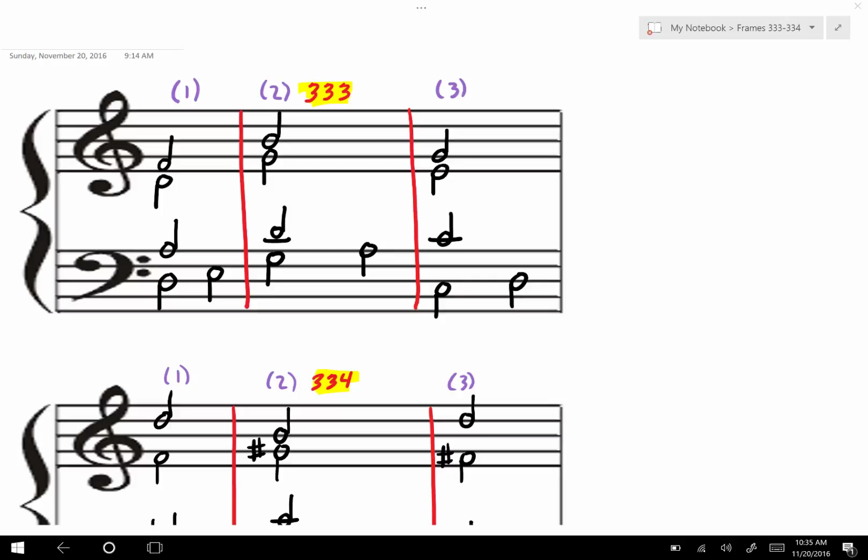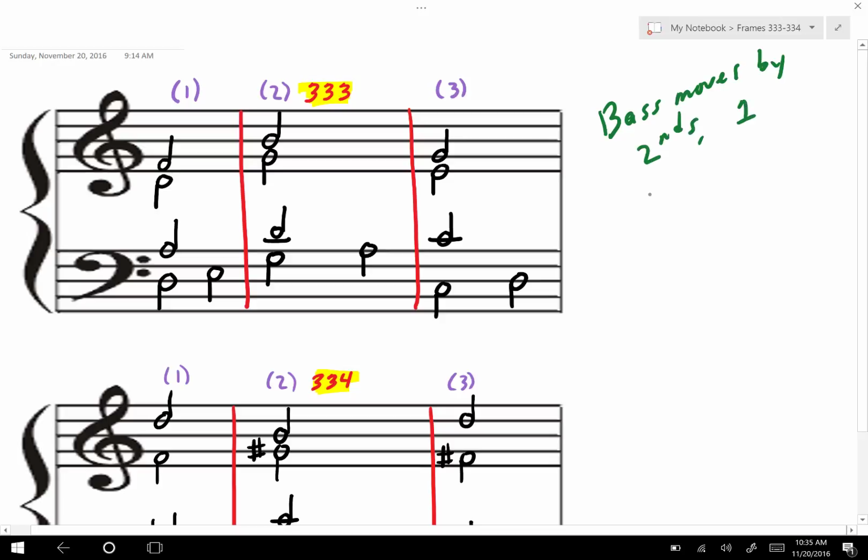Hi AP. Okay, let's move over to frames 333 and 334. We have a new principle to learn, okay? These frames involve the bass moving up by seconds. And when that's the case, when the bass moves by seconds,